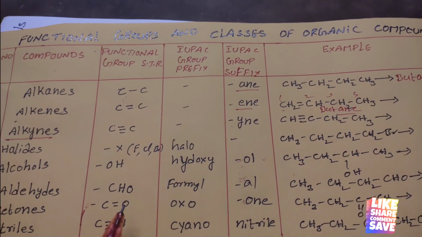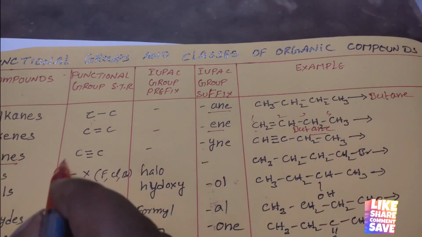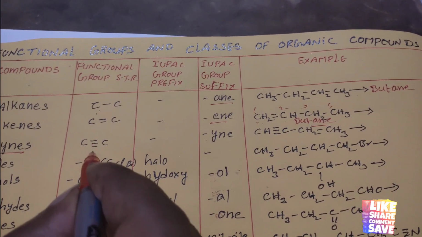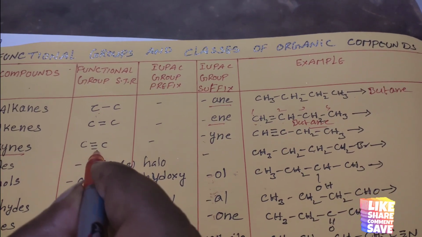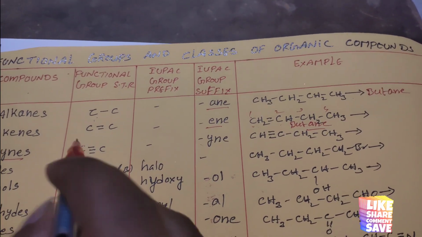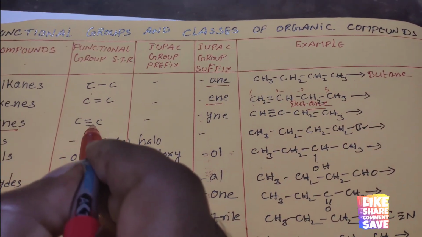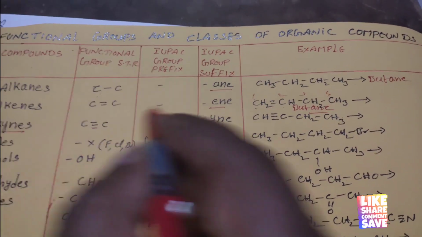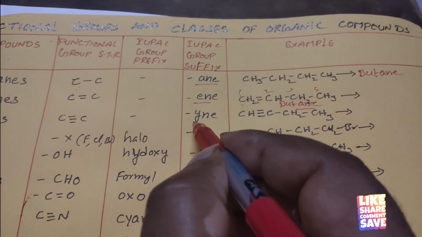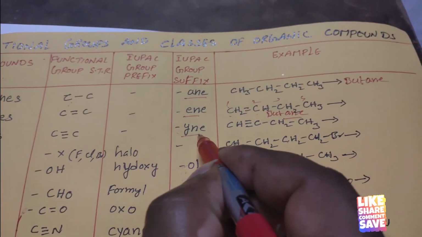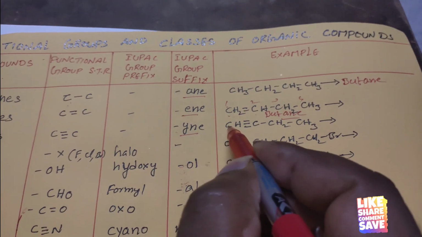And the next one is the alkyne. So what is the alkyne? Between carbon and carbon there may be a triple bond, that is simply called the alkyne. So the structure of alkyne is nothing but C triple bond C. In case it is present as a suffix, the name we give is -yne. And I am explaining one example.